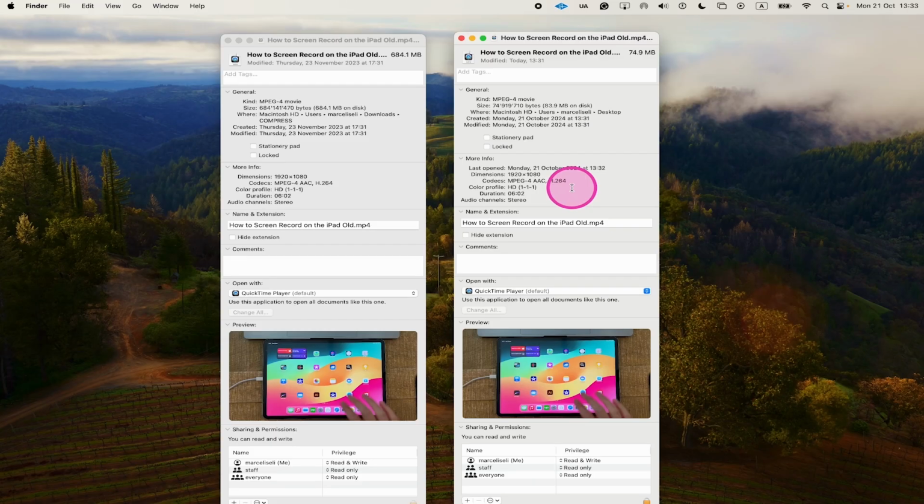We have now successfully compressed our video. Here on the left side, you can see the original video file, which was almost 700 megabytes big. And here on the right side, you see the compressed version of this video, which is now just 74.9 megabytes in size. Now before we wrap this up, let's have a look at the video quality of both of these